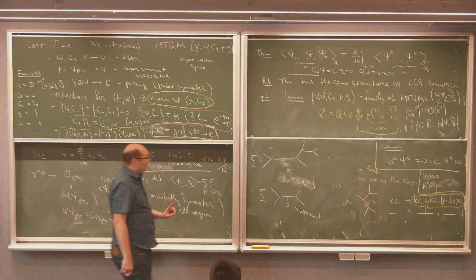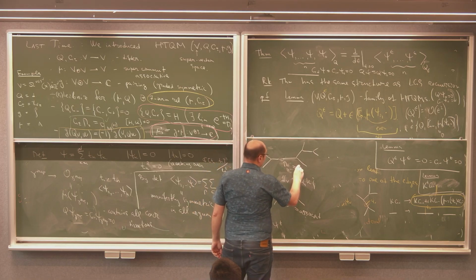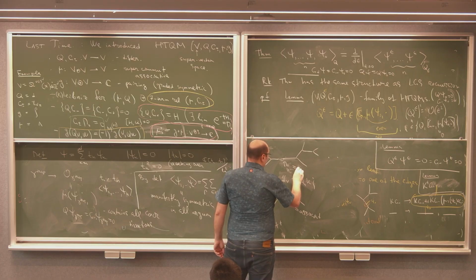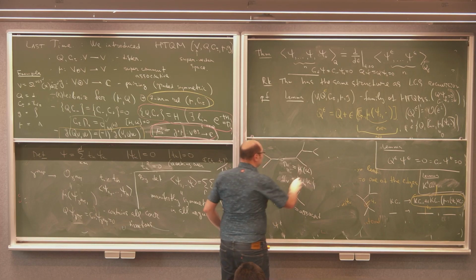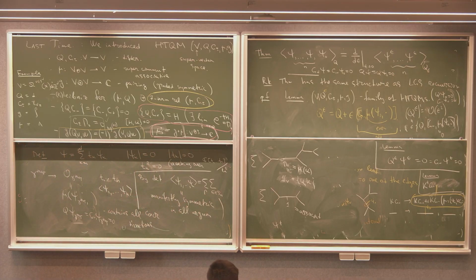Maybe one remark: in their case, I think they had an additional assumption that pi naught actually equals the cohomology of Q. So in our assumption, pi naught contains